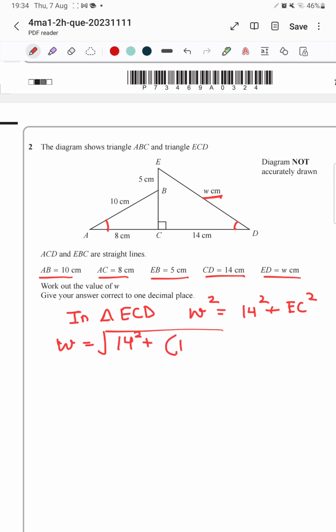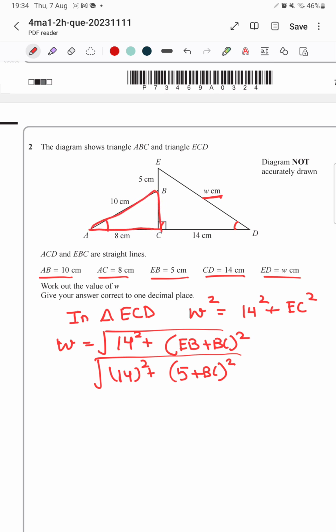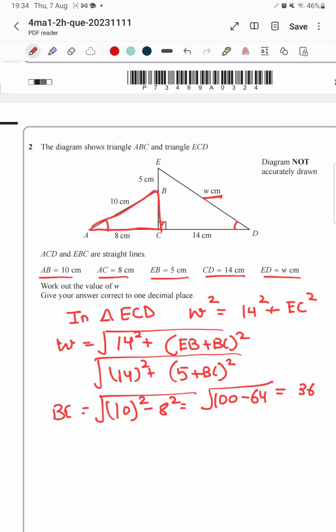Now what is EC? EC is basically EB plus BC, squared. And if you see here, EB we already know. EB is 5 centimeters. So 14 square plus (5 plus BC) the whole square. Now the question is, we need to find out what is BC. So if you see this small triangle, if you have to find out BC, then it is equal to square root of 10 square minus 8 square, which is 100 take away 64, square root, and that is equal to square root 36, which is